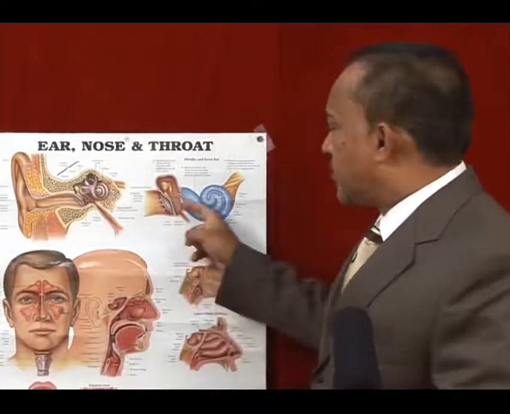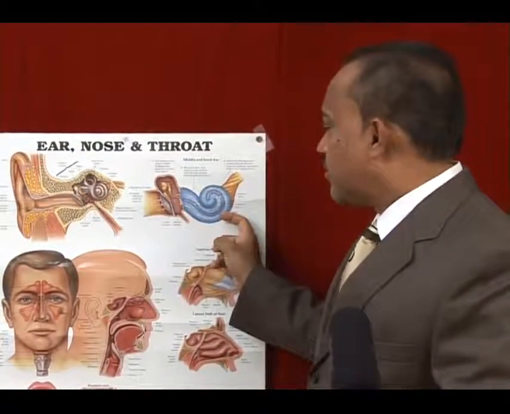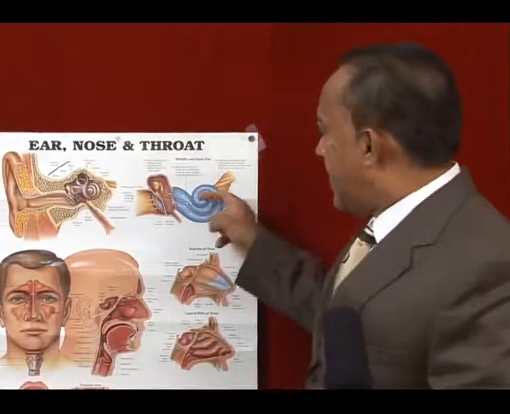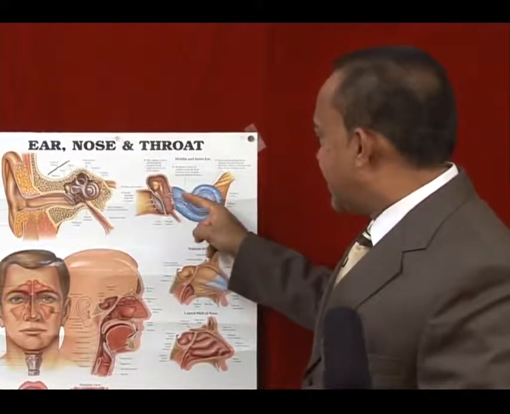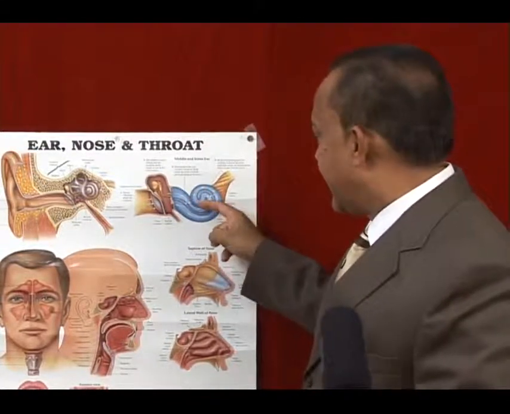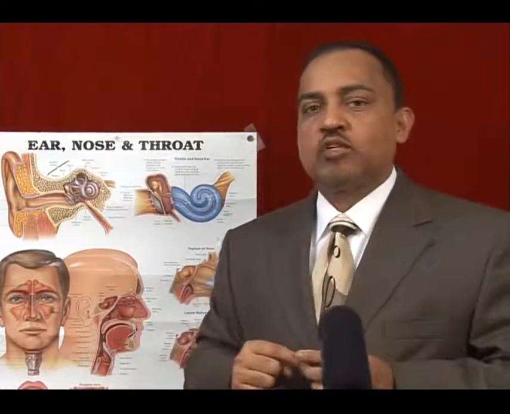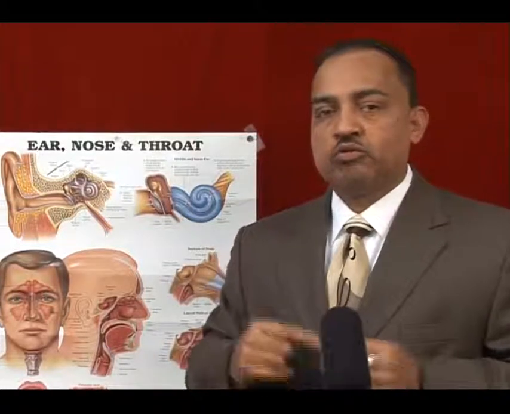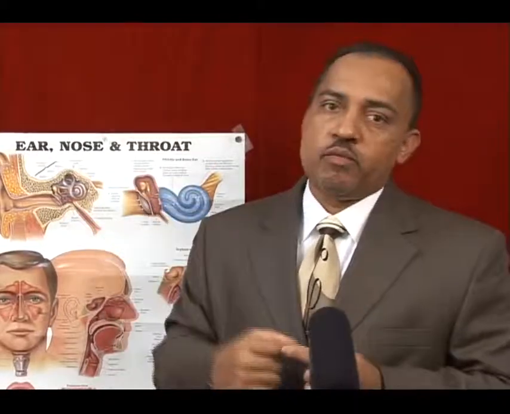We can lose our sense of balance because here is where the cochlea is, here is where the semicircular canals are, which have levels of fluid within them, and movement of the oval window causes the fluid inside of the scala vestibuli and the scala tympani to move. Those movements of fluid are what control our balancing. If that is affected, whether due to an infection, what tends to happen is you move your head and you figure the room is moving as well.